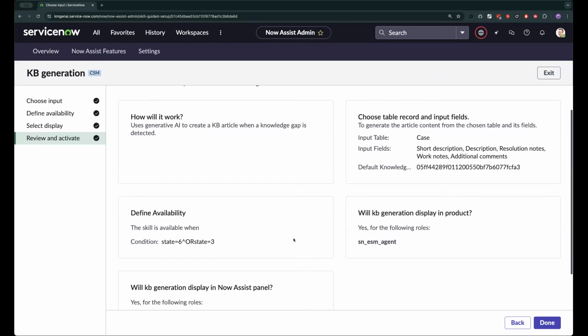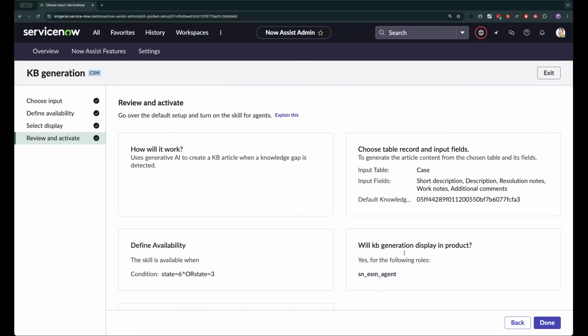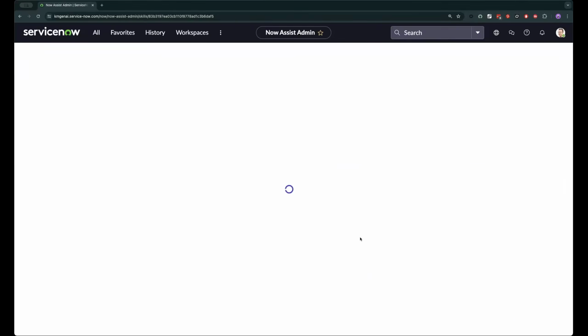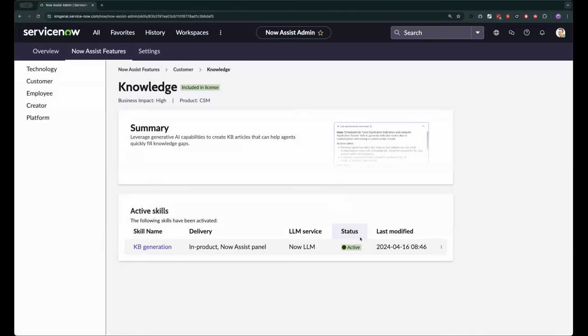And then we just review and activate here. We don't have too much to review since we're on version 1. I know some other skills get a lot more granular and have a lot more options now that you might need to review a little bit. And then we're done. So I'm going to show you just a few different use cases that we have. Setup is pretty easy.